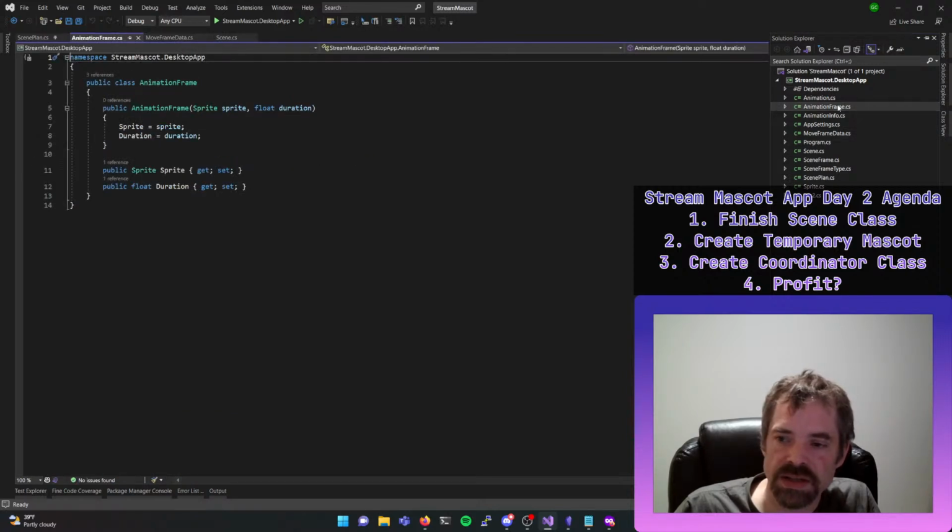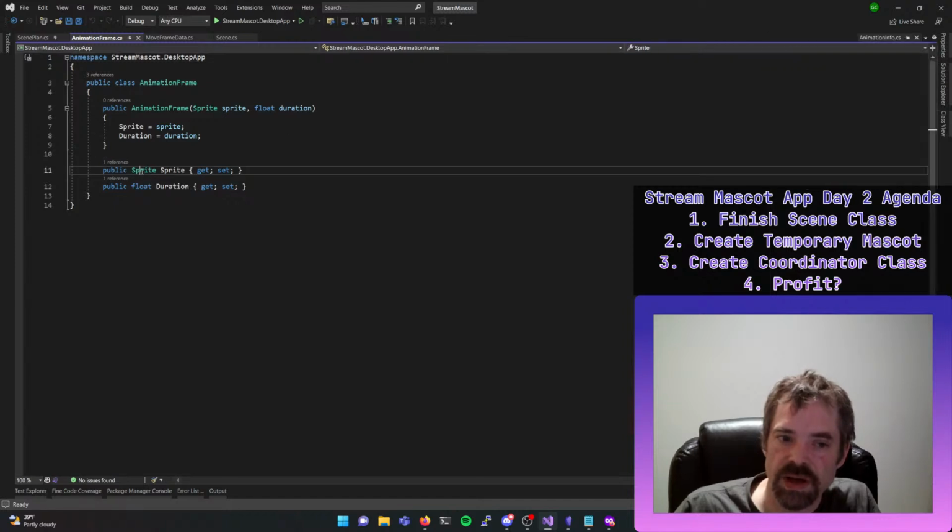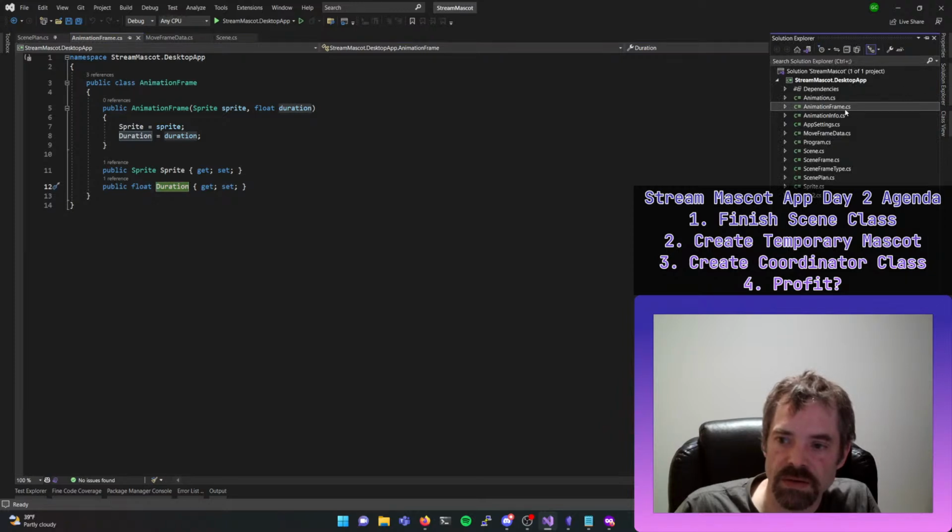Right, so this is an animation frame. This is basically the lowest level. We have sprite, which is just path information to an image, and seconds that we want to show that. Now we have a